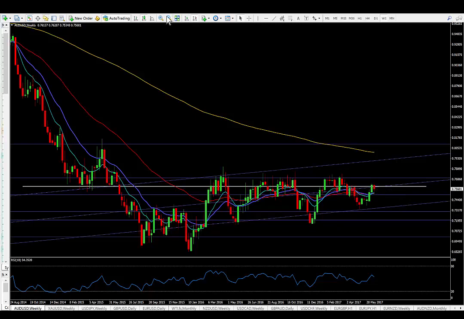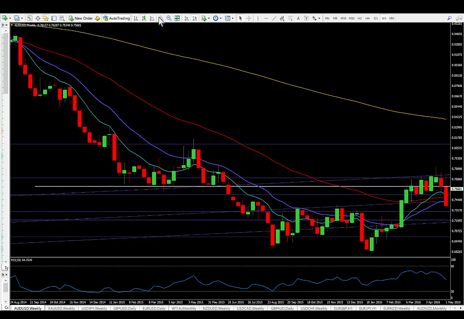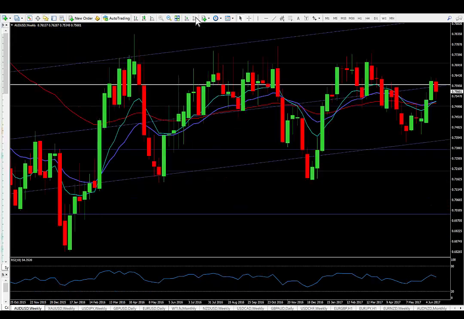So if I just make this a tiny bit bigger, we can see a bit more about what's going on with the EMAs, which I think is important to note, because clearly price has spent a great deal of time weaving above and below this midpoint which these EMAs are making. The reason why I'm interested in this particular point now is because not only have we made another attempt by making a higher low, we've had one here, we've had one here, we've had one here, and we've had one here. Not only are we making another attempt with a higher low, but we've actually pushed through the 76 level, the 0.76 level,